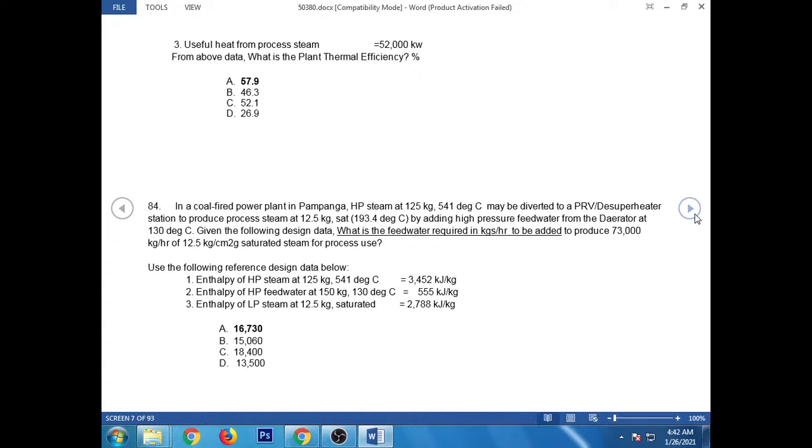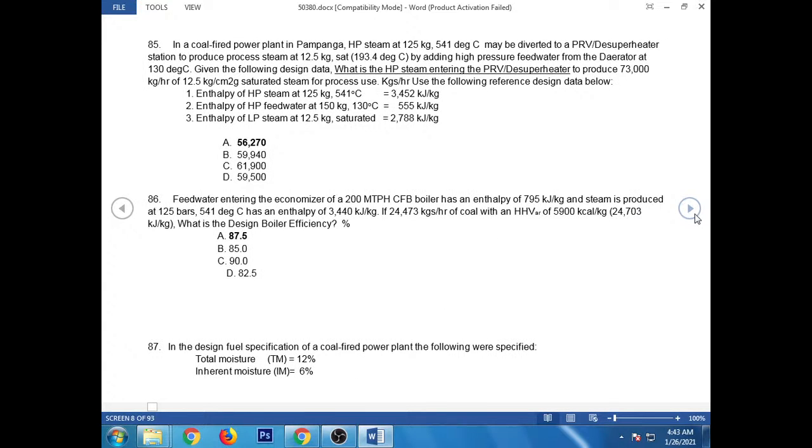Enthalpy of HP steam at 125 kg, 541 degrees Celsius is equal to 3,452 kilojoule per kilogram. Enthalpy of HP feed water at 150 kg, 130 degrees Celsius is equal to 555 kilojoule per kilogram. Enthalpy of LP steam at 12.5 kg saturated is equal to 2,788 kilojoule per kilogram. Answer: 16,730. In a coal-fired power plant in Pampanga, HP steam at 125 kg 541 degrees Celsius may be diverted to